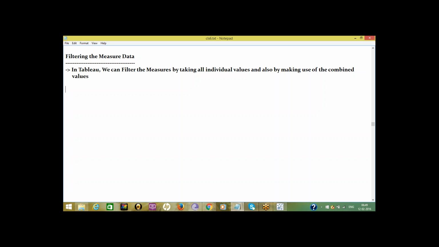For example, a range of values, at least, at most, and special.